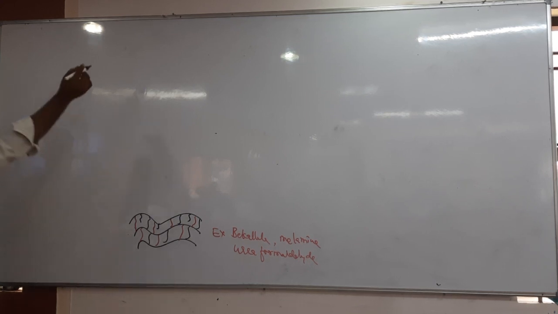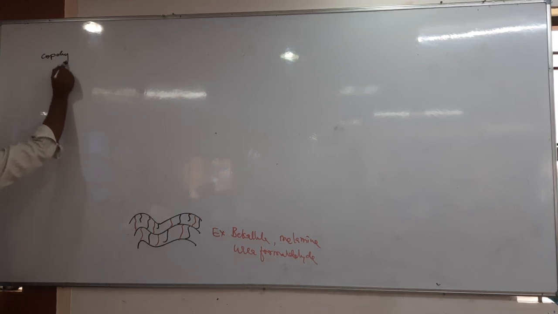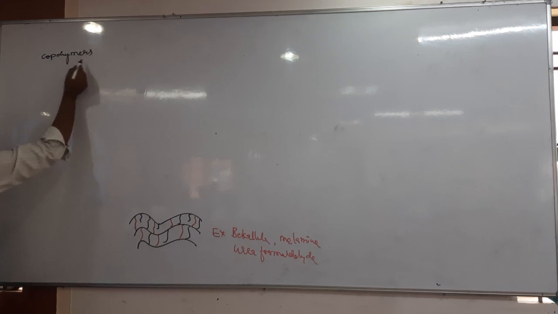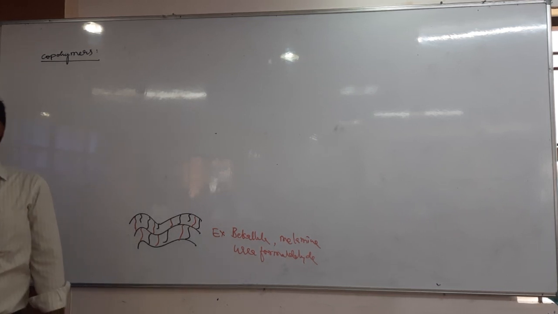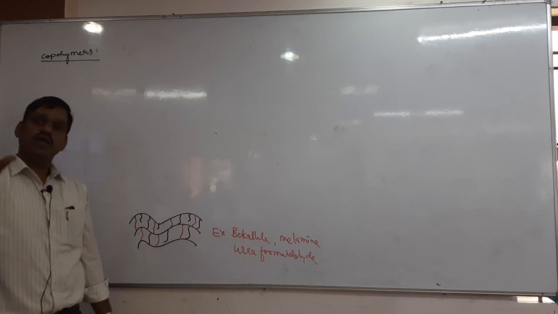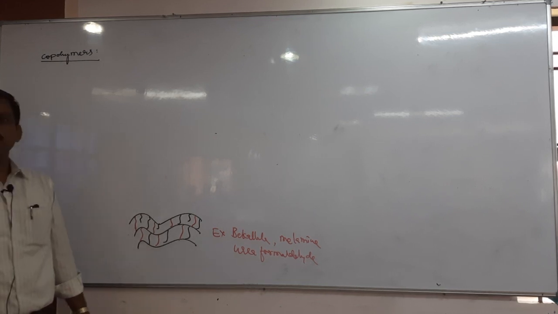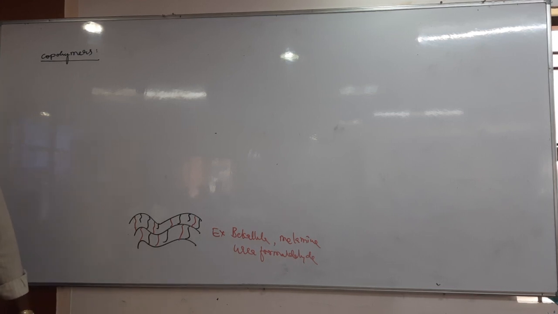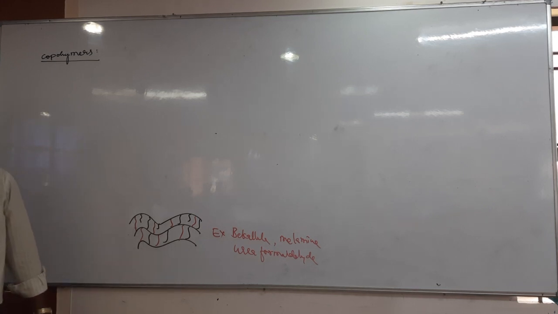Okay. Take an example. We have studied copolymers, no? What are copolymers? Addition polymers are of two types: homopolymer and copolymer. Homopolymers are polymers formed by addition of the same monomer. If the polymer is formed by addition of two different monomers, it is a copolymer. So what are the examples of copolymer? Nylon 6, Buna-N, Buna-S. These two examples we studied, no?